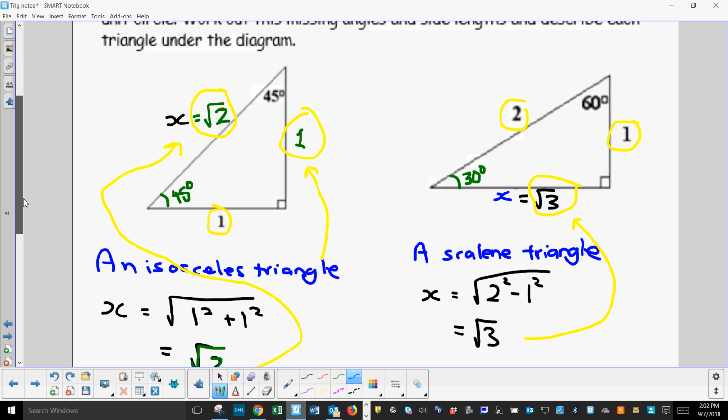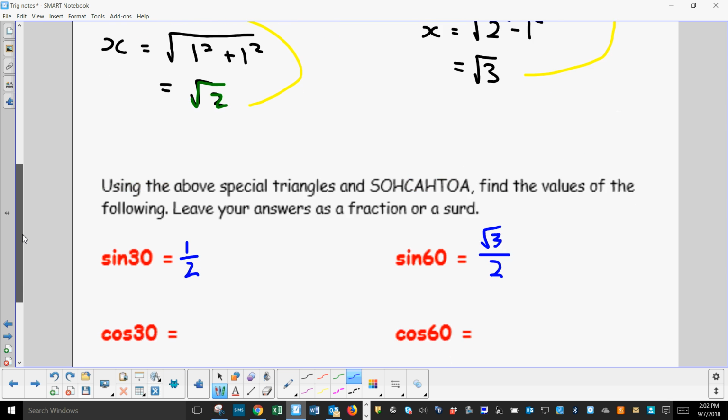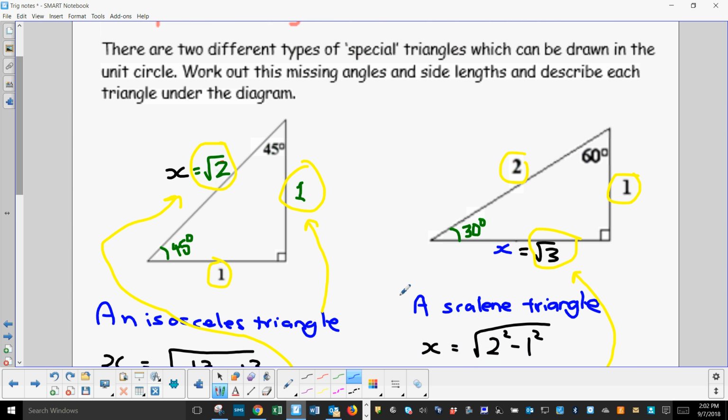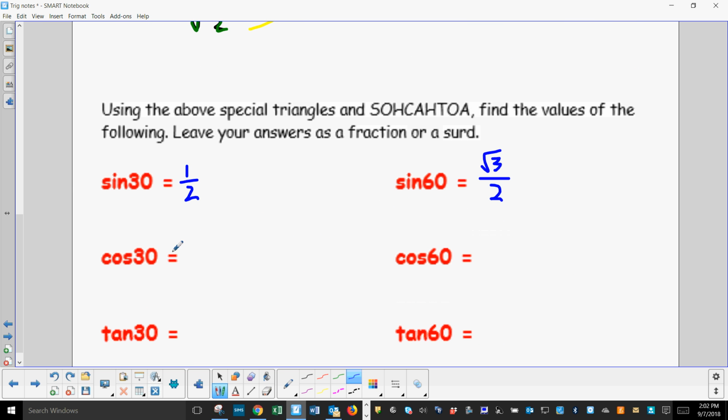And then let's go on to cos of 30. Cos of 30, adjacent over hypotenuse. What would that be? Yeah, root 3 over 2. Adjacent to 30 over hypotenuse, good. Root 3 over 2. Sure thing. Cos of 60, if you could see the one on the top, cos of 60 will be